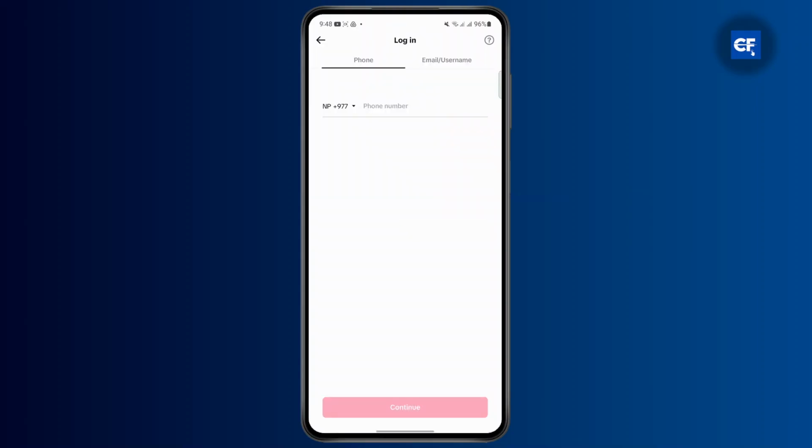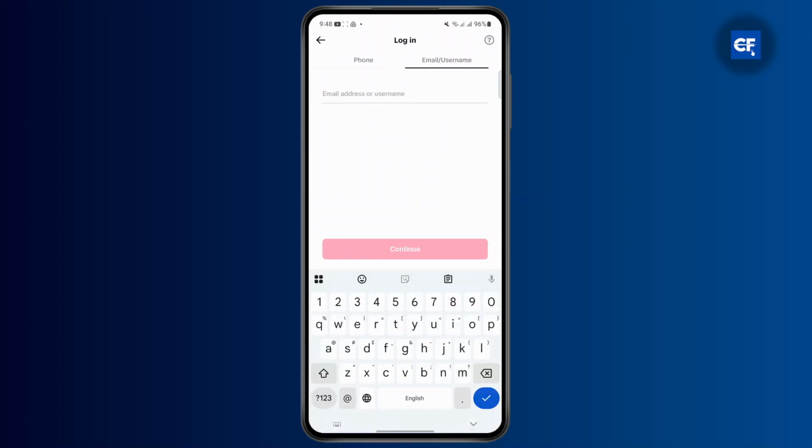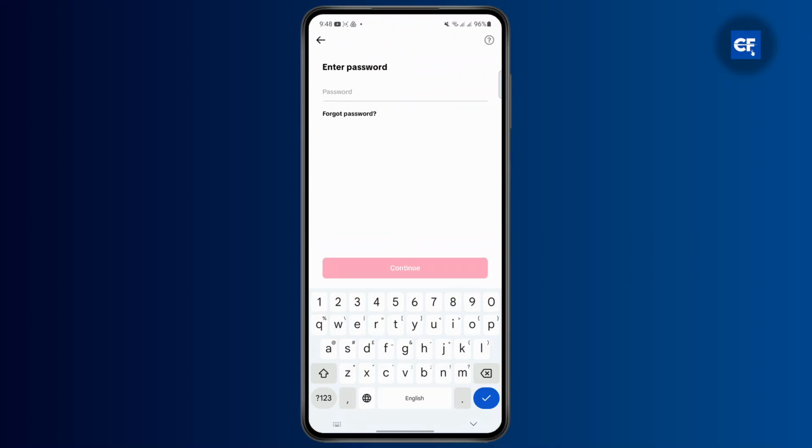And then from here, you're going to have to enter the username right here. Once you have done that, just enter the username of your account and then continue. And once that is done, you're going to have to enter a password. But if you don't see this, if you've forgotten your password, tap on the need help option at the top right,